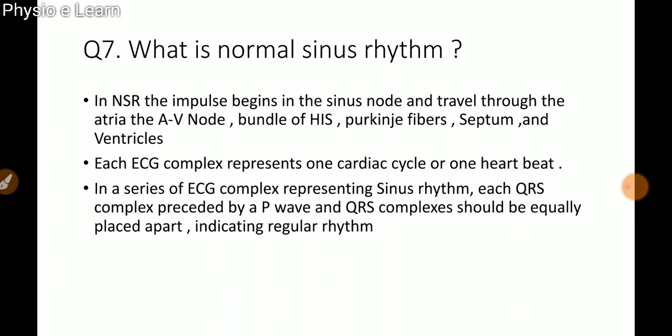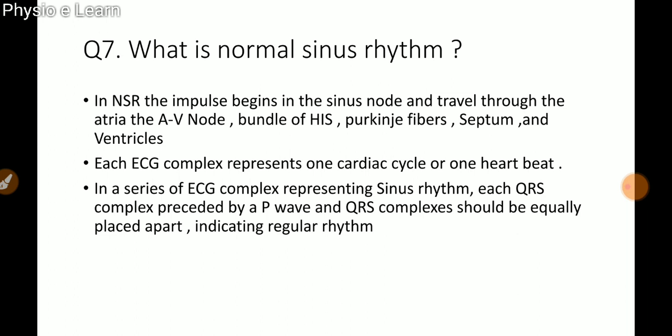Next, what is normal sinus rhythm? In normal sinus rhythm, the impulse begins in the SA node and travels through the atria, the AV node, the bundle of His, Purkinje fibers, septum and the ventricle. Each ECG complex represents one cardiac cycle or one heartbeat. In a series of ECG complexes representing sinus rhythm, each QRS complex is preceded by a P wave, and QRS complexes should be equally placed apart,